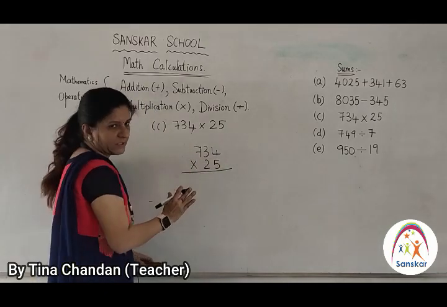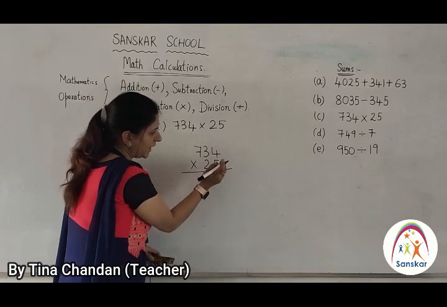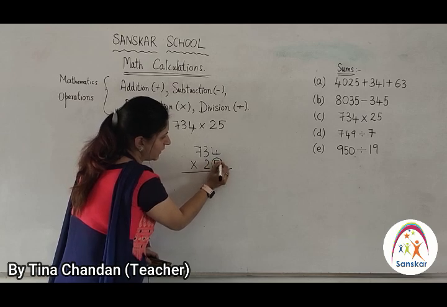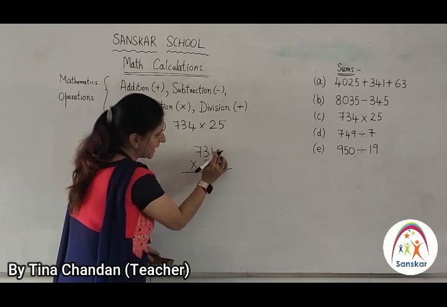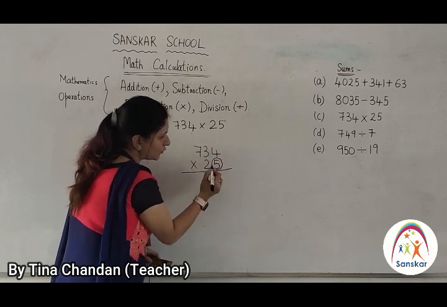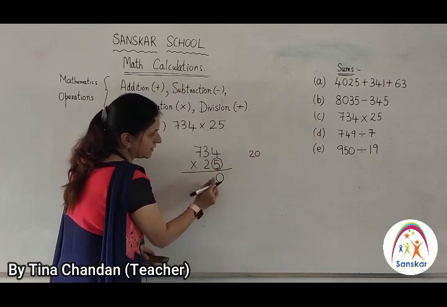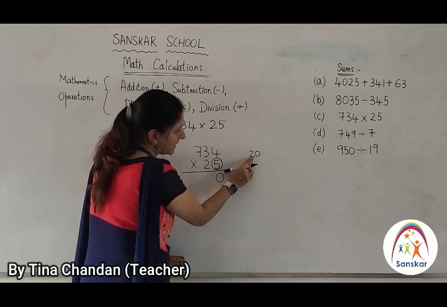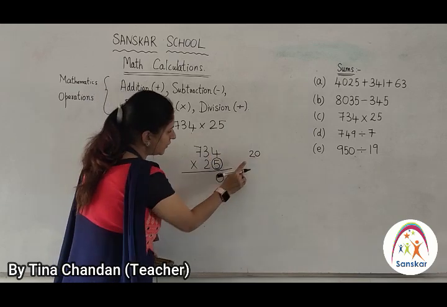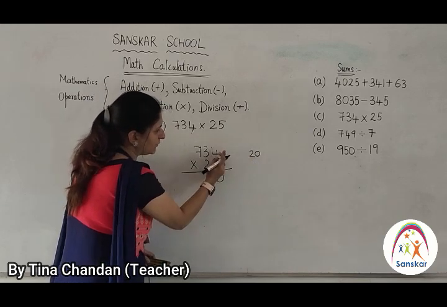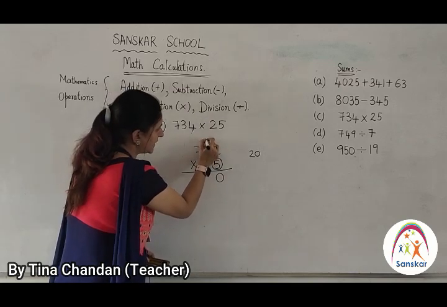So before starting the multiplication, again you have to keep in mind that we are going to take this first number. Okay, you have to start with the number 5. We are going to multiply 5 with these 3 numbers. That is 5 4s are, you are going to get 20. Now 20 means you are getting a 2-digit number, and here you have place for only 1 digit. So what you are going to do? You are going to carry the other digit to the next digit, that is to the left side. Okay, so 0 will be kept down and 2 you have to carry forward to the left digit, that is 3. You have to circle that number.